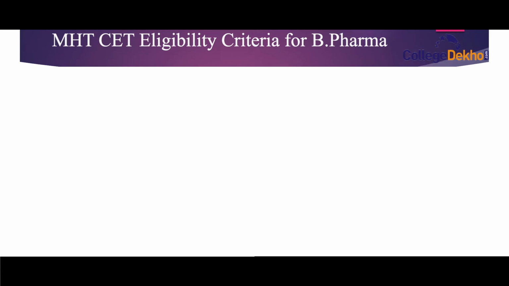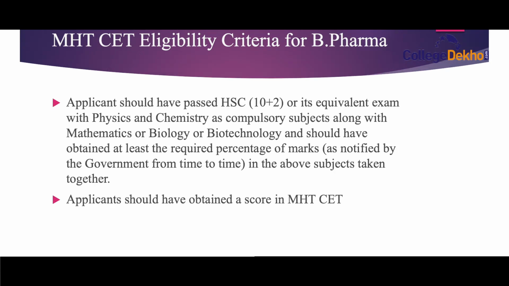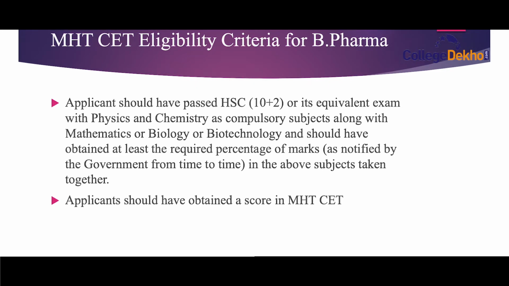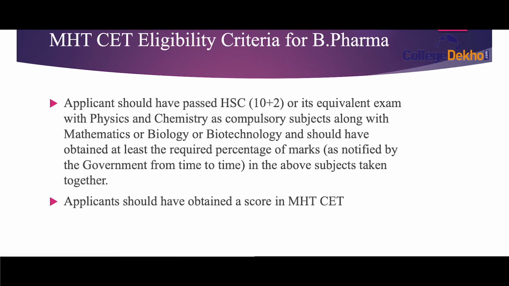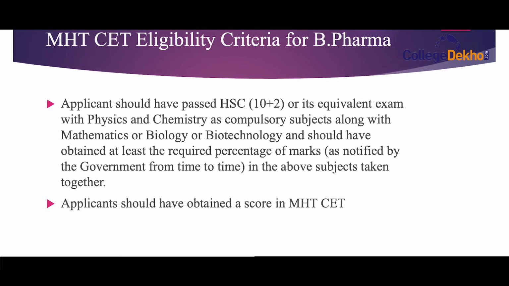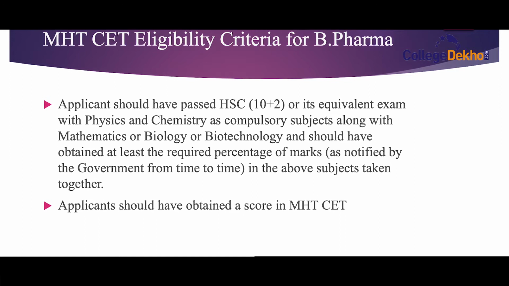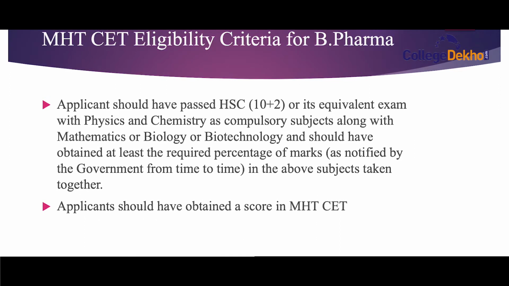And eligibility criteria for B Pharma. For B Pharma, physics and chemistry are the subjects, followed by mathematics or biology. Even if you have studied mathematics or biology, you can take admission in B Pharma. There is nothing like only the PCB route. PCM candidates can also get admission in B Pharma. The same domicile rules are applicable. You should be a permanent resident of Maharashtra for state quota admission. Students from other states can also apply, but they are treated under All India quota candidature.